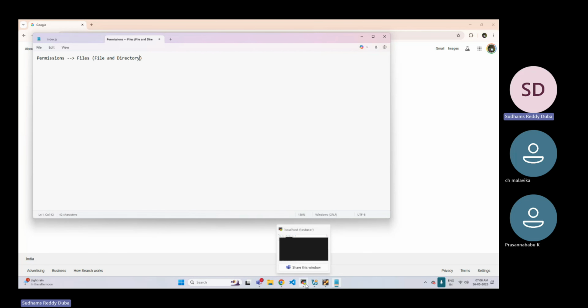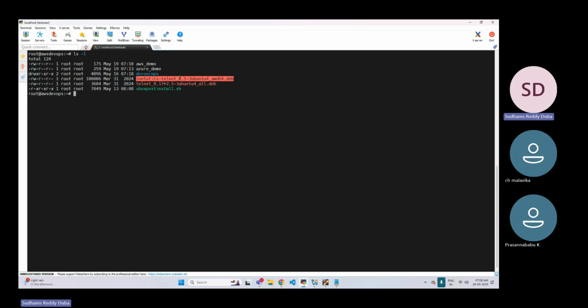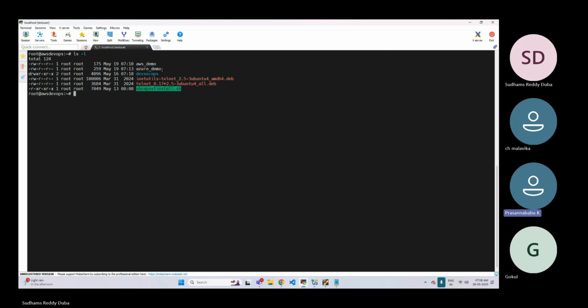For example, if you look at this output, here we have some directories and some files. The file could be anything. Some are regular files, some are package files, some are script files, could be of any type. But here I'm talking about files in general. For all these particular files and directory, we have certain permissions.